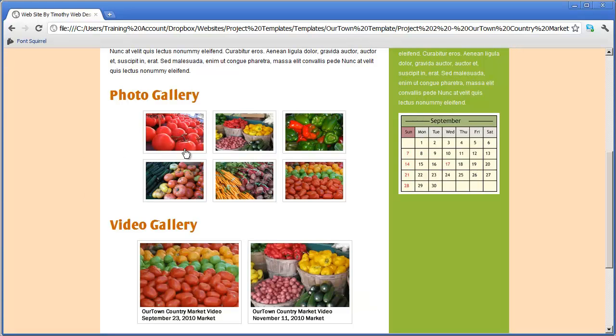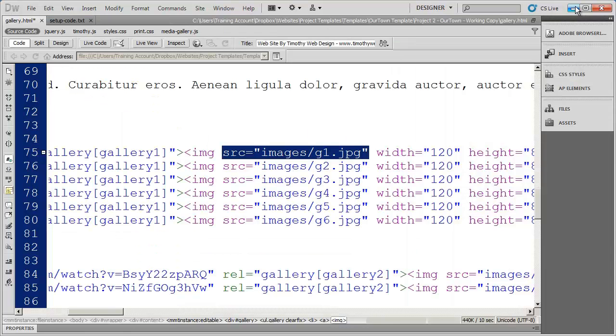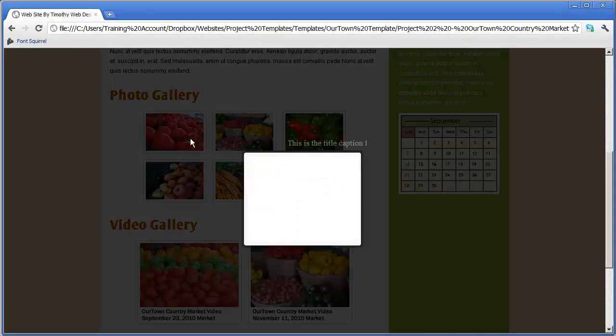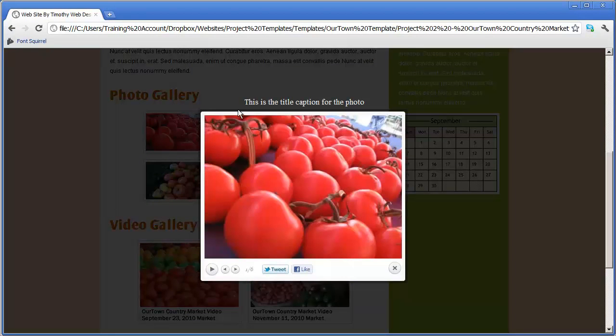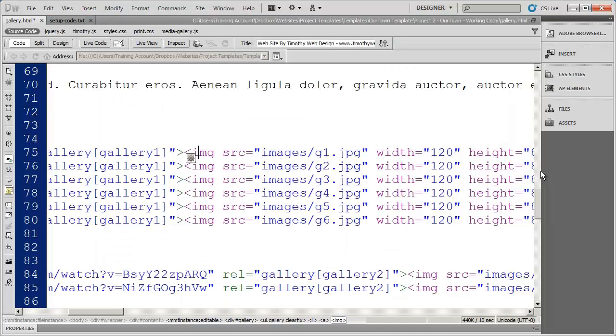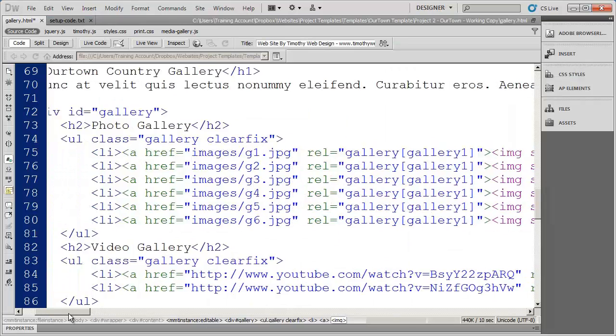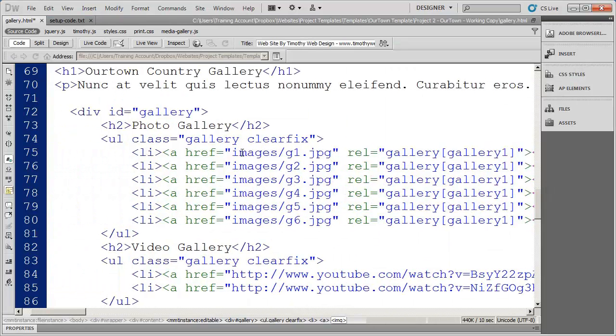And you can see it's 120 by 80 pixels. The image that appears here is going to be the image that you put right in here. When we actually click the image, the full size version of the image appears right here. And that is this first image